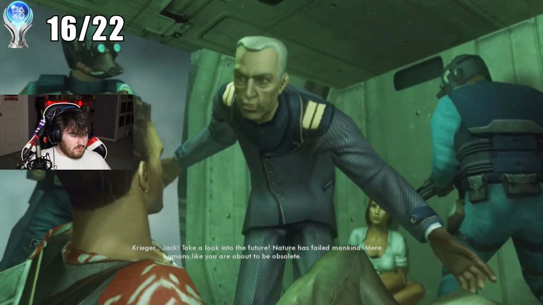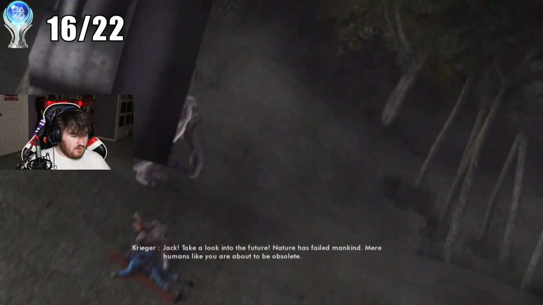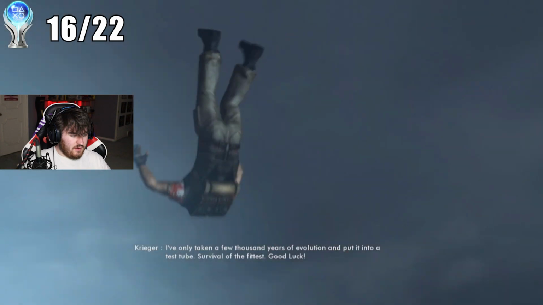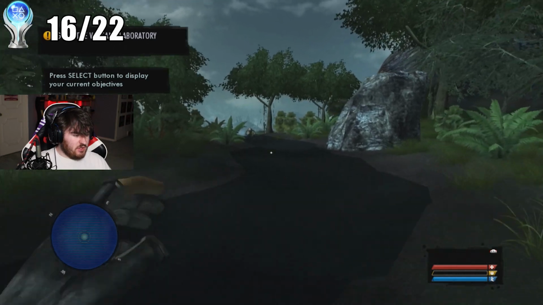Krieger and his men. After getting a monologue from Krieger in which he said that his species of creatures was superior to the typical human, and that I would be an experiment of the survival of the fittest, he kicked me out of the helicopter with none of my weapons. However, this would be okay as the next trophy required me to get through this entire mission without ever picking